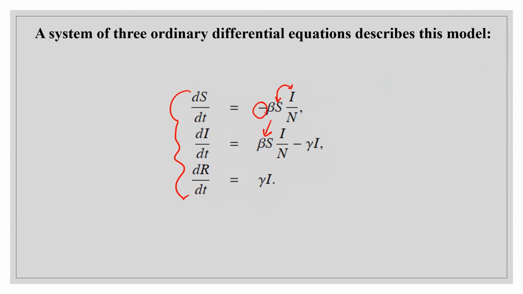Is it clear why this is a minus and this is a positive sign? Infective people are interacting with susceptible people, and these susceptible people are getting infected. So this class takes the beta portion of susceptible people into the infective class. And here gamma is the recovery rate. People are also becoming recovered, so this goes with a minus sign to the recovered class. This is the basic SIR model, which was given by Kermack and McKendrick for the influenza disease.